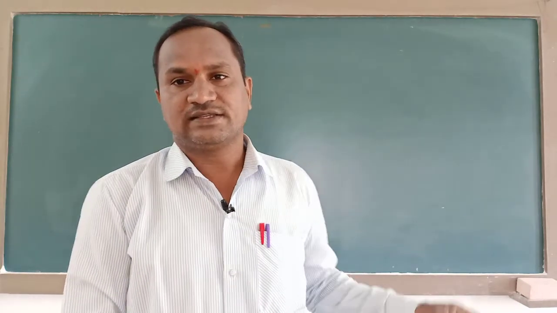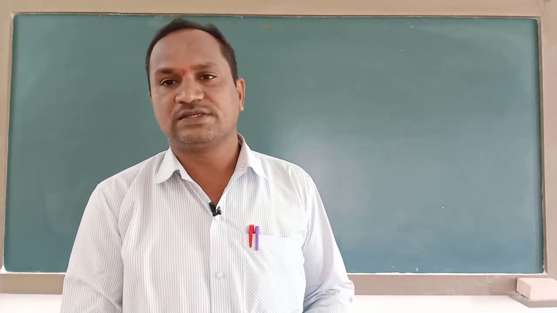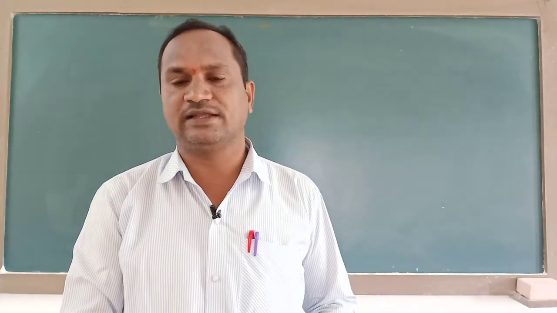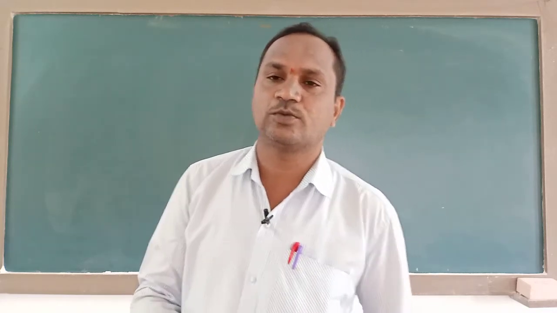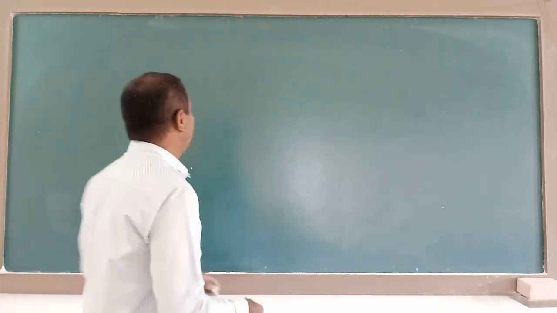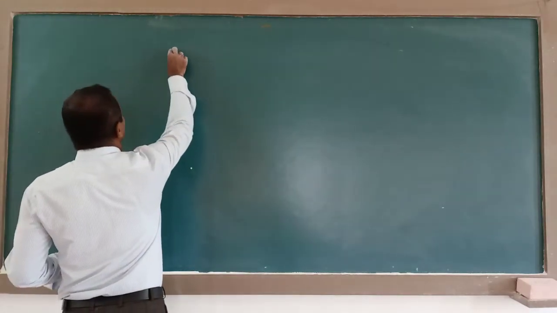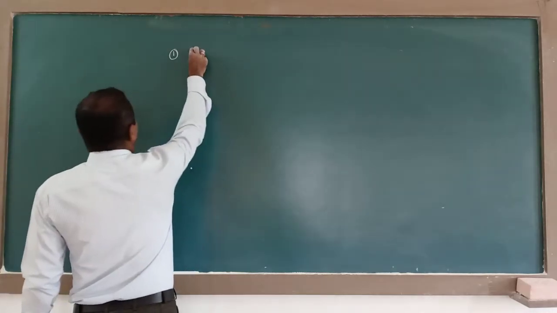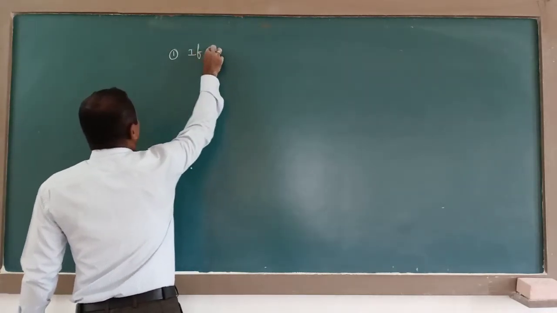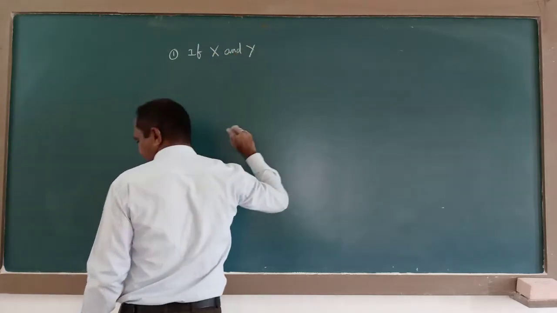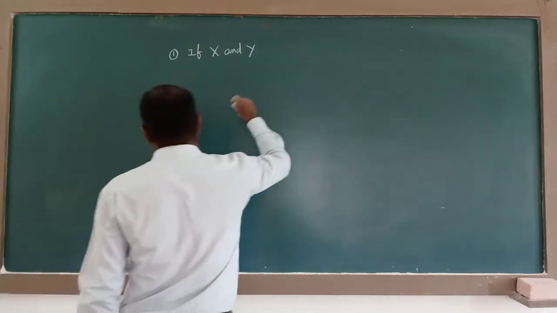Now, we'll discuss practical problems based on n of A union B is equal to n of A plus n of B minus n of A intersection B. Now we are selecting those problems from exercise 1.6. The first question: if X and Y are two sets